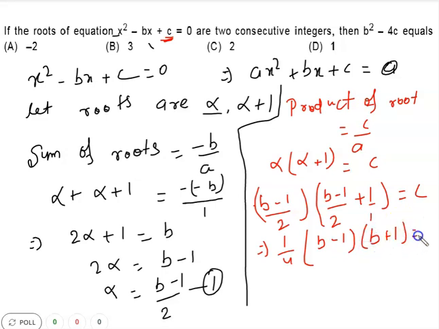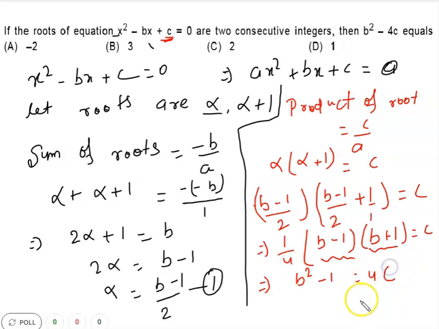Are you getting my points, guys? Okay, and what is the formula? We know that a minus b into a plus b equals a square minus b square. So we can write here b square minus 1 equal to, and 4 is present in the division on the LHS, so when we shift 4 from the LHS to the RHS, it is converted into multiplication. So we can write b square minus 1 equal to 4c, guys.